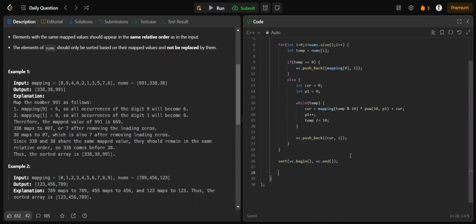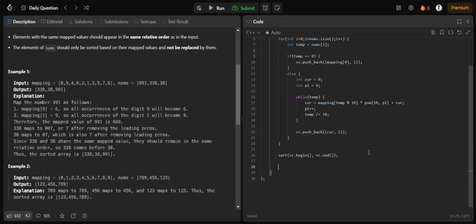Now after the sorting, we have the sorted index order. We have the indices sorted in order, but we need the values, so we need to create another array, answer,